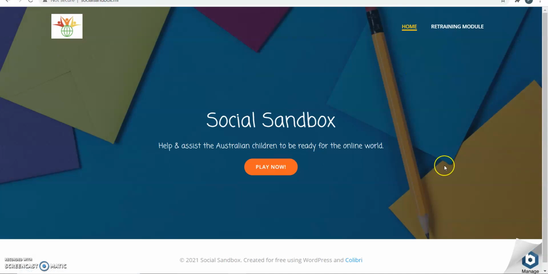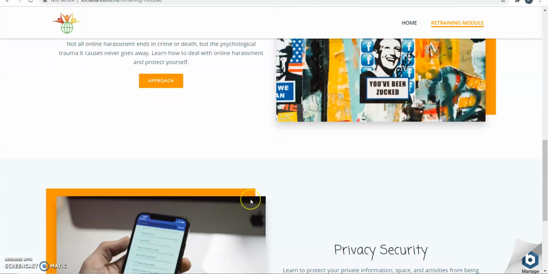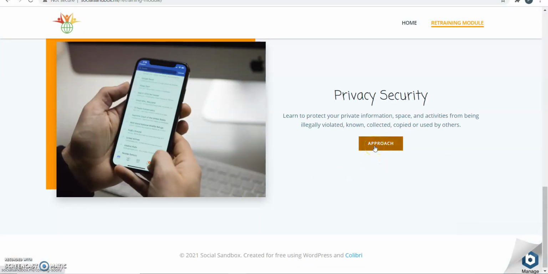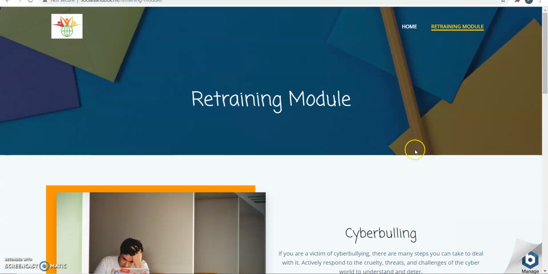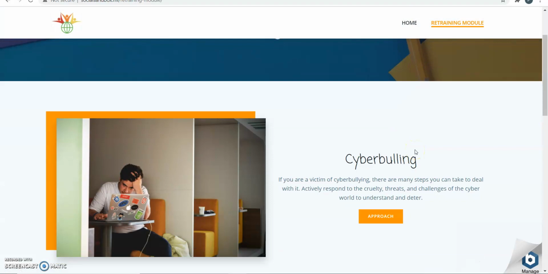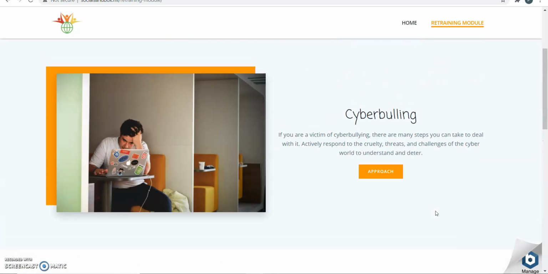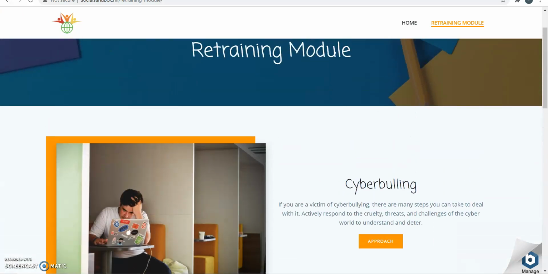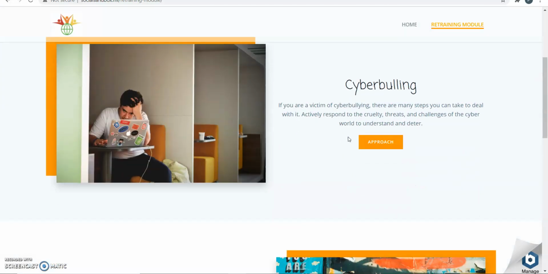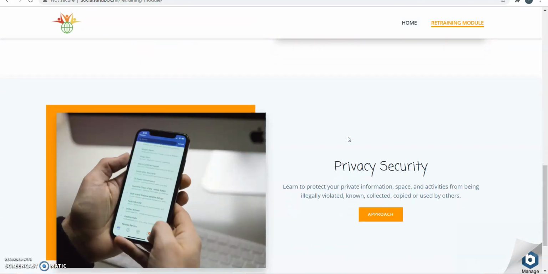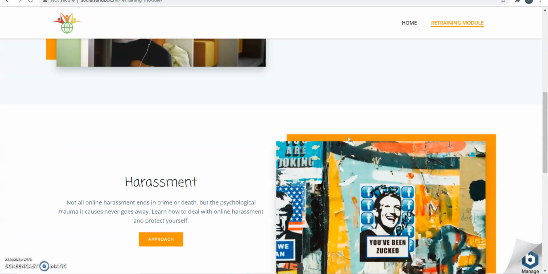That is okay. If I go home, clicking play now, I just want to check privacy security. So I guess they are going to be presenting these modules in the next iteration. So overall, I think this design is good, but definitely they could